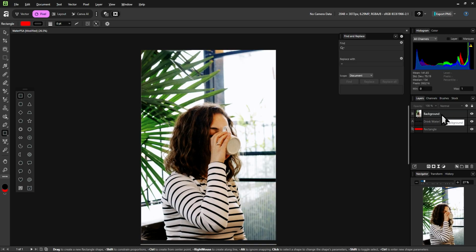So you might be thinking, what's the difference between an object and a layer? The difference is simple.